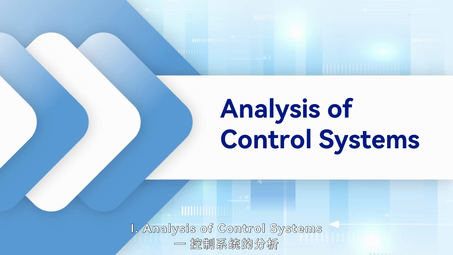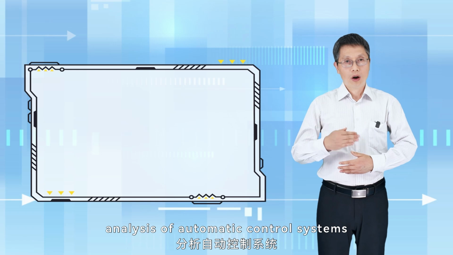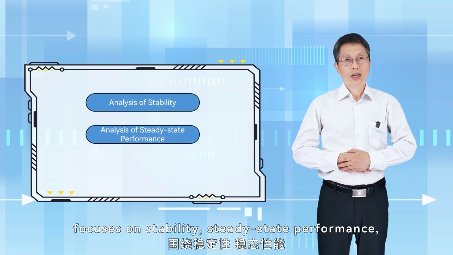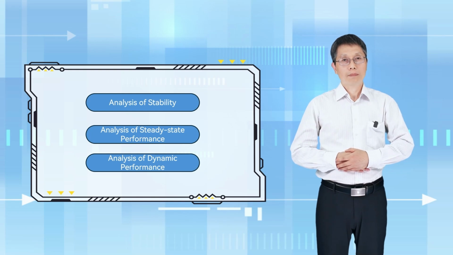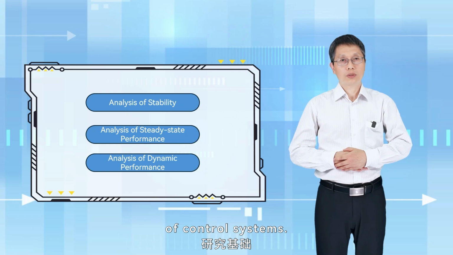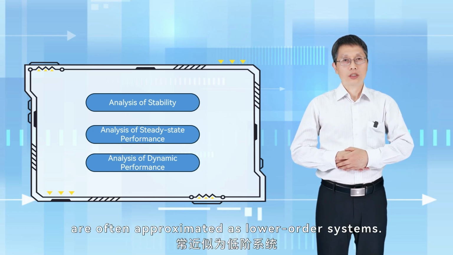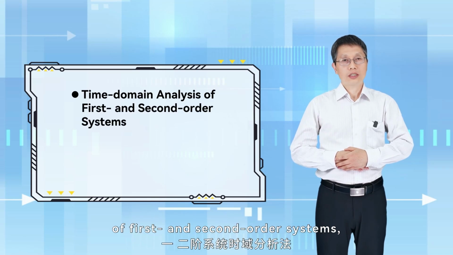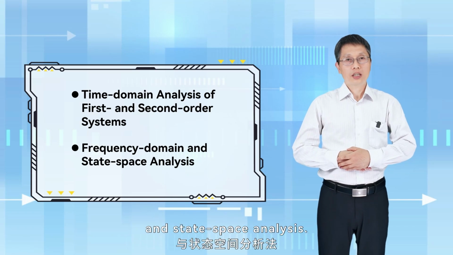1. Analysis of control systems. In engineering, analysis of automatic control systems focuses on stability, steady-state performance, and dynamic performance, with an emphasis on the latter two. Mathematical models form the theoretical foundation of control systems. Higher-order systems are often approximated as lower-order systems. Focus is placed on time-domain analysis of first- and second-order systems, with some discussion on frequency domain and state space